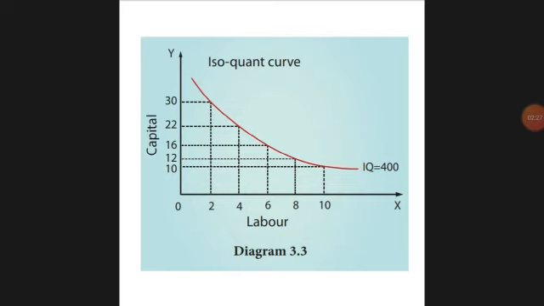See the curve there. The red color line is called the isoquant curve, and the points the red line joins are called the locus points. So using labor and capital, two or more variable inputs, the output should be the same, 400. That's what they showed using the diagram.